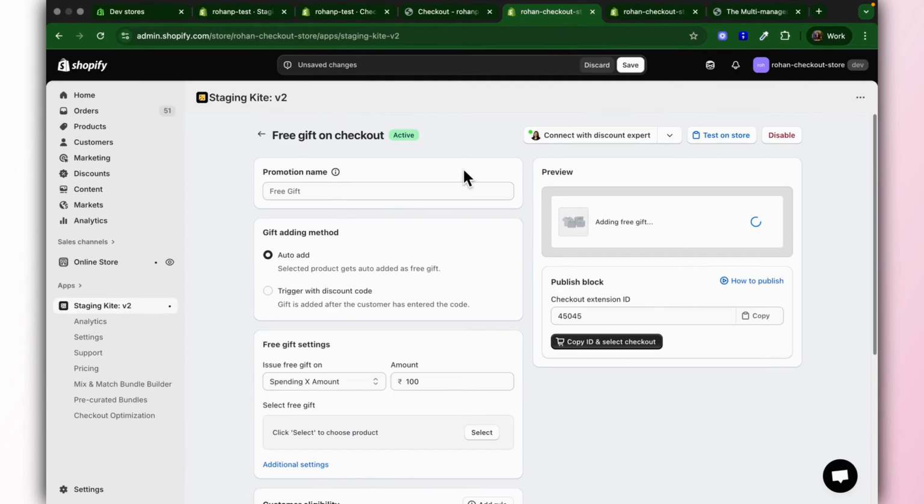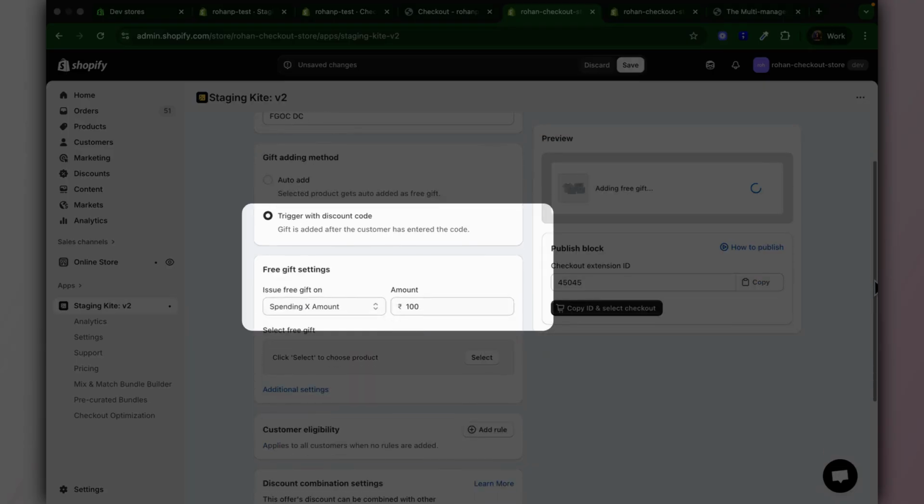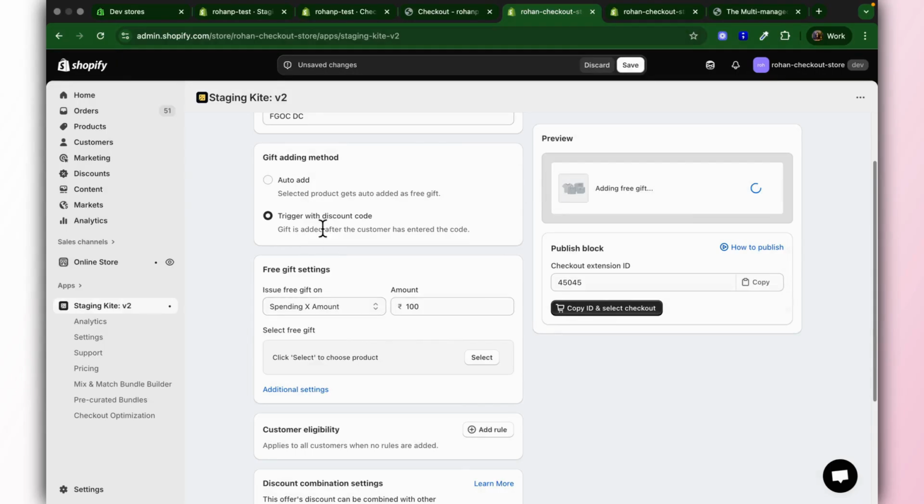We have our free gift on checkout setup open. We'll call this promotion FGOCDC, which means free gift on checkout with discount code. In this demo, the gift will be added when a discount code is used. If you want the gift added automatically, you can switch to auto add, but for this walkthrough, we are using